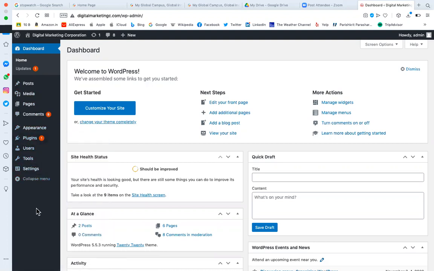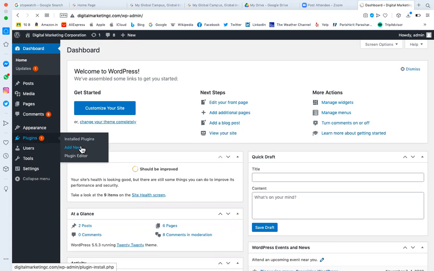Now we are talking about the case where the default features available to us from WordPress are not sufficient. I want to add something to my website, and for that I require extra coding. As I don't have a coding background, I will go and explore the code library, you can say that. So we can go to Add New.